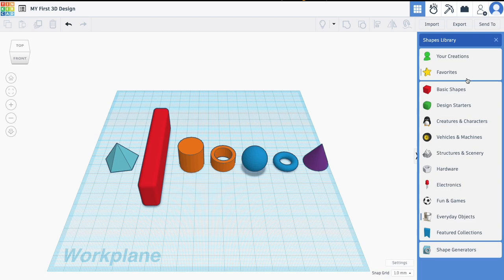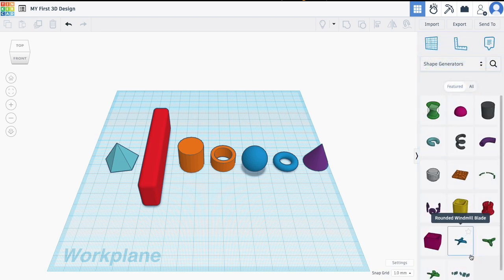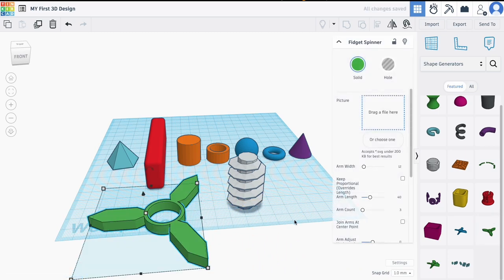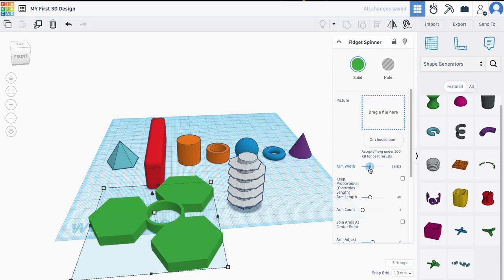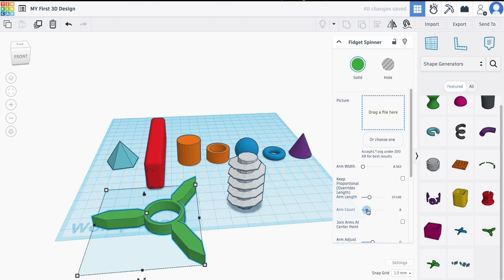Last but not least, down at the very bottom, there are shape generators. These are very complex designs that have been supercharged to create geometry. One of my favorites is the fidget spinner. This creates an automatic fidget spinner, and you can change some parameters, including the width of the arms or the arm length, how many arms you'd like it to have,